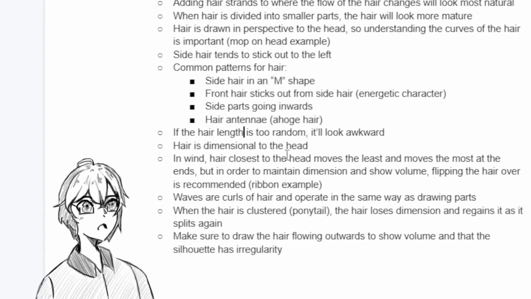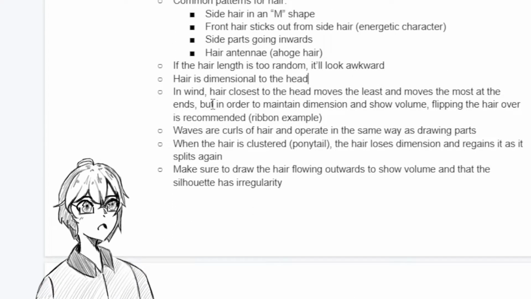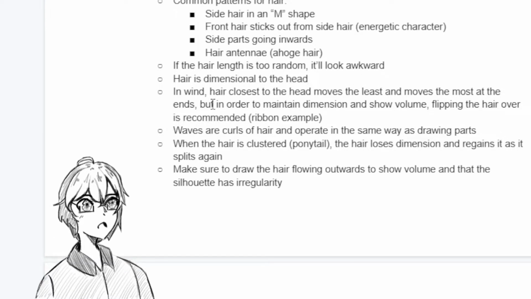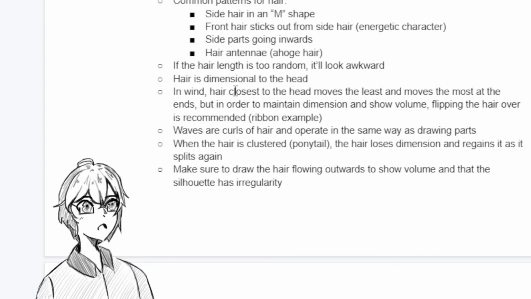Hair is dimensional to the head, as mentioned with the mop example, and in the wind, hair closest to the head moves the least and moves the most at the ends, but in order to maintain dimension and show volume, flipping the hair over is a generally recommended tip, so you can think like a ribbon for that example. This is mainly broken down into two parts,